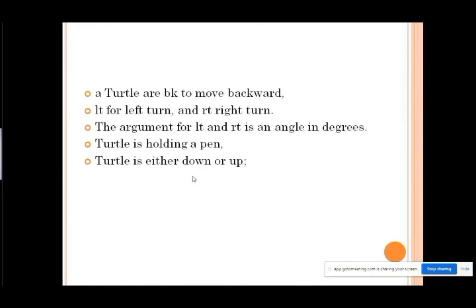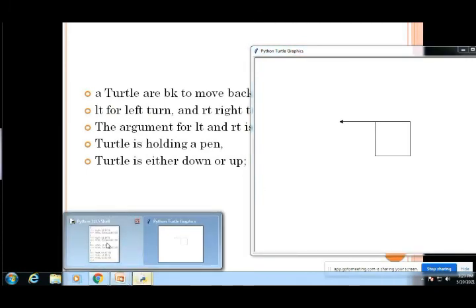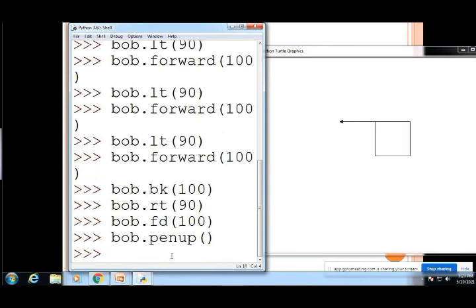Now we'll see the exact working of this. Bob dot pen up. Just call pen up. Now we move the turtle, turn: bob dot lt 90 degrees. It moves.